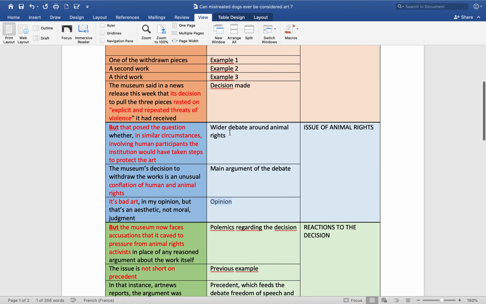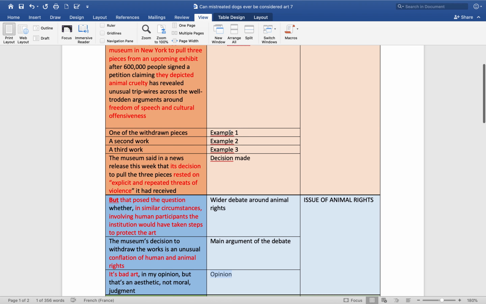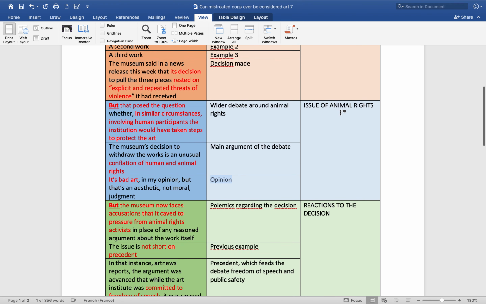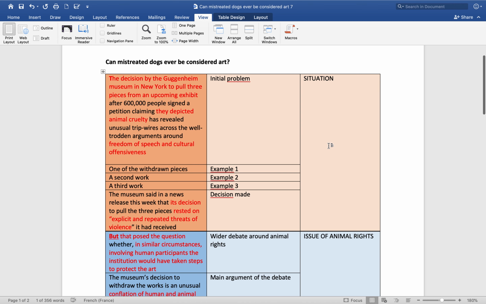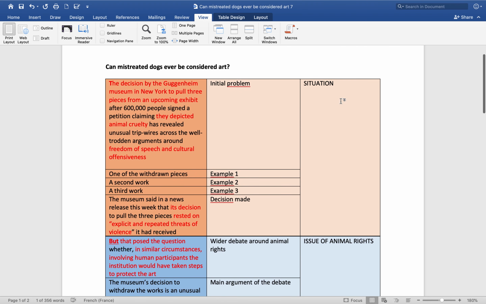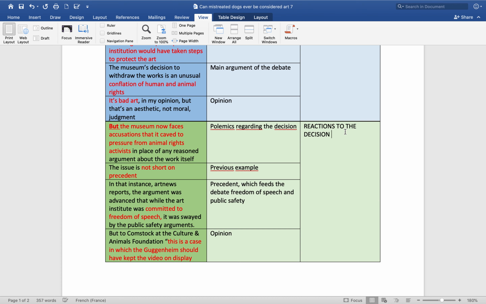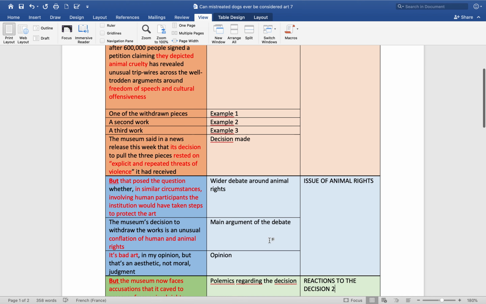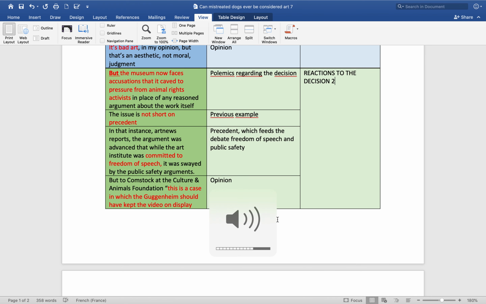Last point I want to make is, when I look at this plan, so I've got situation, issue of animal rights, reactions to the decision, I think I am entitled to reorganize those 3 parts because in my view, it would make more sense to start obviously with the initial situation, explaining what decision was made. But what I would do is I would make this my first part, but I would make this my second part, the part in green, because I think it makes sense to describe the situation, but then